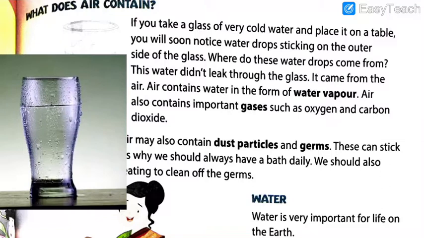Now can you tell me the reason why it is so? You cannot say there is a leakage in the glass, come on. If it were so, then this much water would not have stayed in the glass for such a long time. Not even a single drop of water inside would come outside. How is it possible from the glass? If we pack the room of the glass, our voice cannot even penetrate the glass. How can the water penetrate it? So, where do these water drops come from?